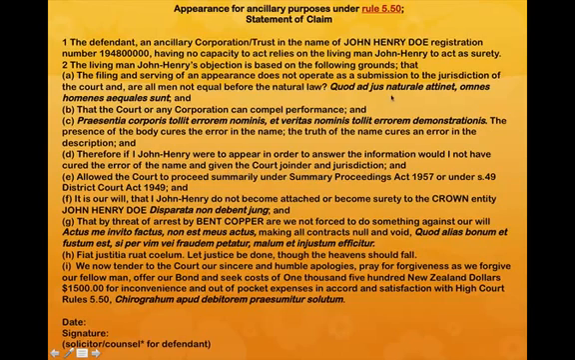So John Henry would have been joined with John Henry Doe, and then they have jurisdiction, which would allow the court to proceed summarily under the Summary Proceedings Act 1957 or under Section 49 of the District Court Act 1949. And it is our will that I, John Henry, do not become attached or become surety to the Crown entity, John Henry Doe,